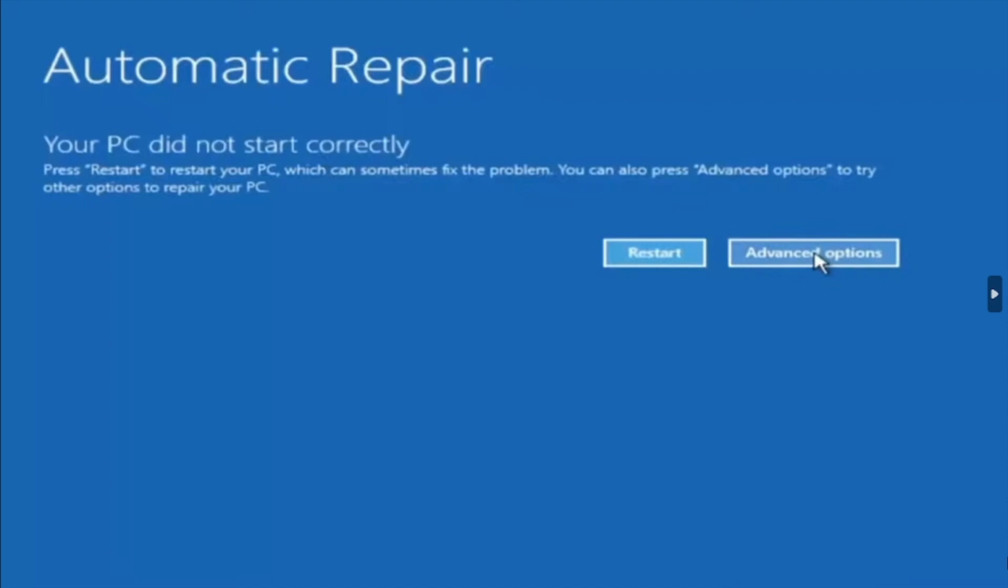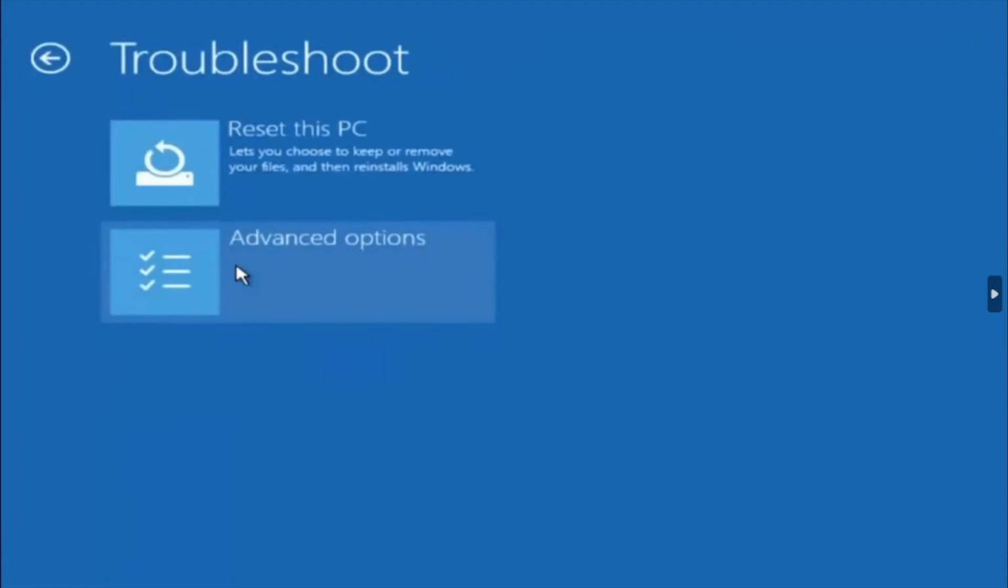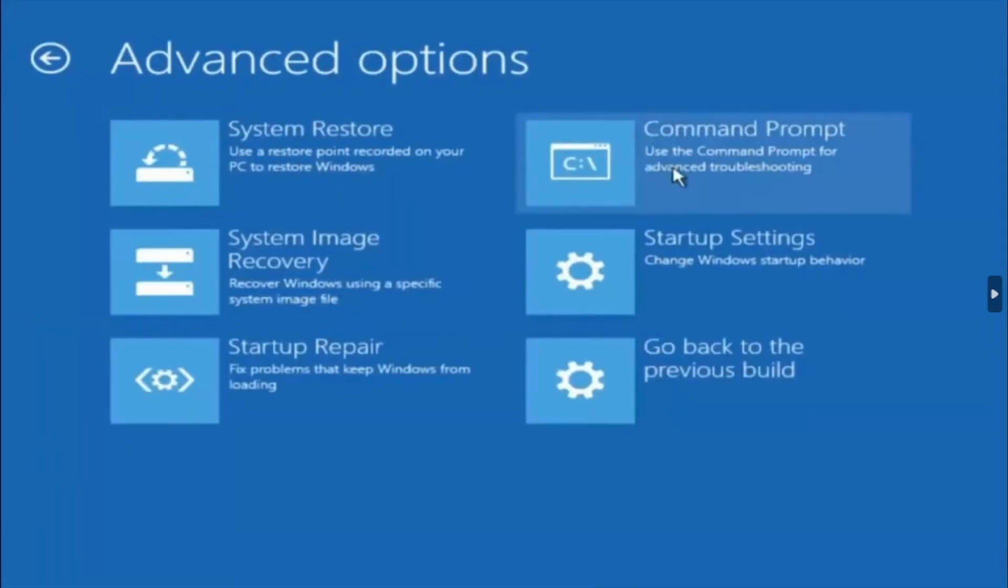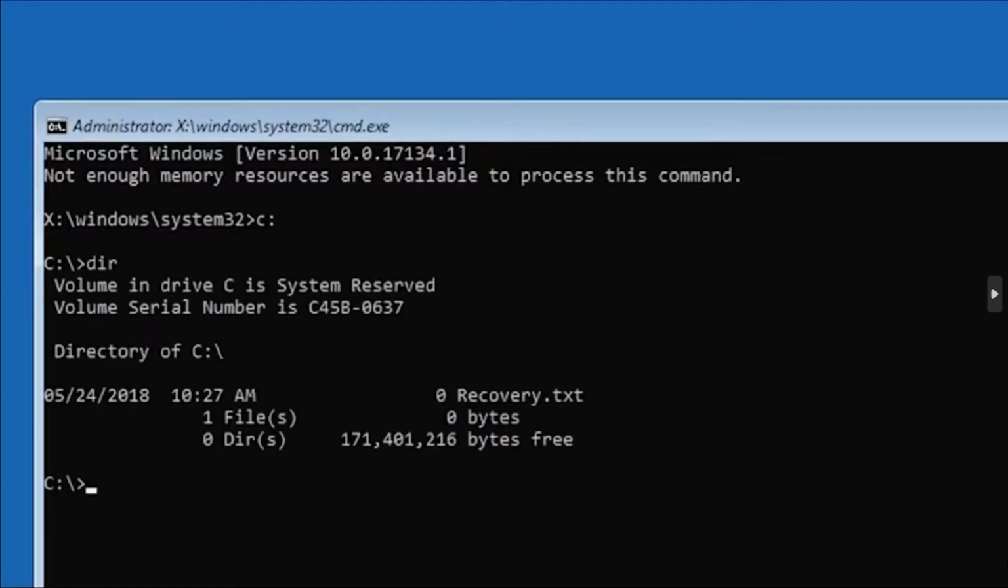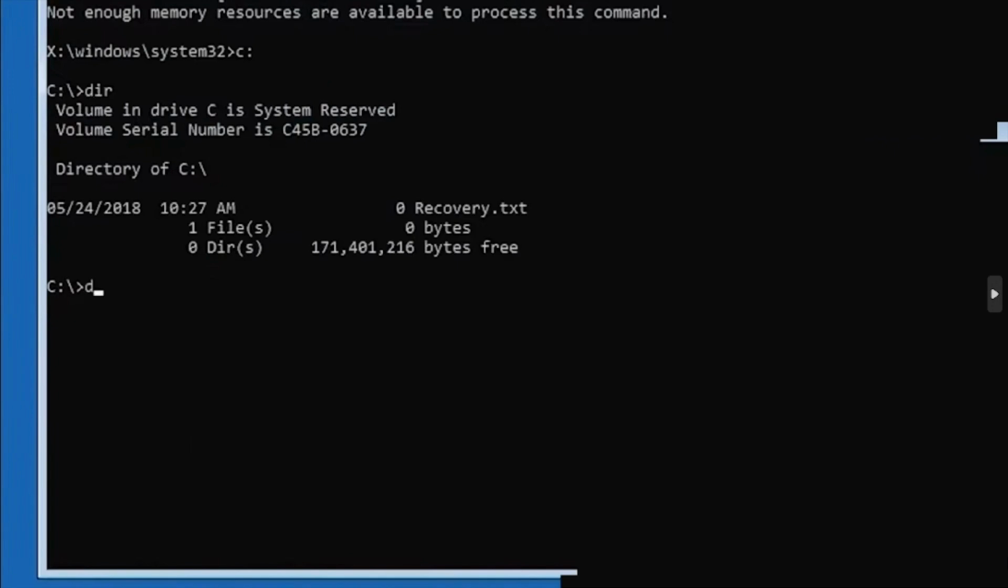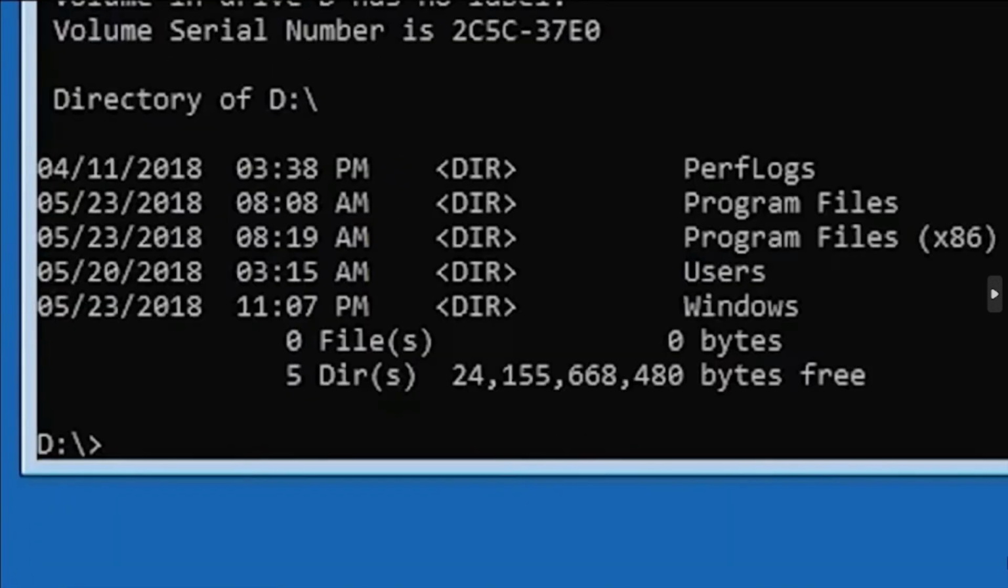Choose advanced options over here and then click troubleshoot, and then choose advanced options and choose command prompt. In the command prompt, you have to type the command C:, and then press enter. Now type dir and press enter again, and then type D and press enter. Now type dir again and press enter again, and then you can see you have these program files over here,